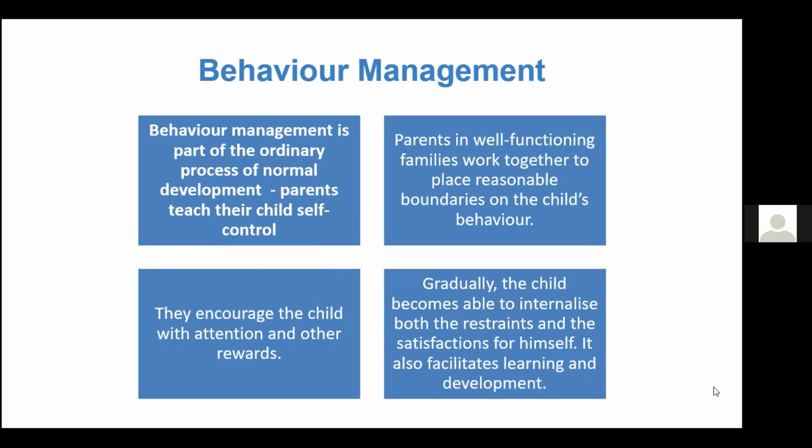And obviously keep in mind that the Solihull approach would suggest that actually we need to have containment and reciprocity before we're able to manage behaviour successfully. So if they're not working well for your individual child or young person, are there elements of intervention that we can put in to support those aspects of containment and reciprocity, in the hope that behaviour management would then follow as children are better able to regulate themselves? So that's things to be thinking about when you're thinking about the strategies that you're already using. Keep that in mind.